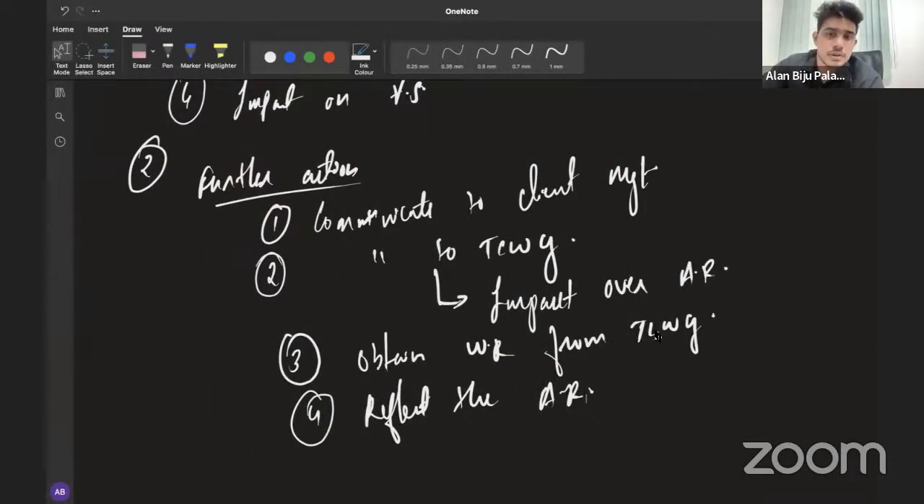Instead, you only want to mention till where you want to obtain written representation. So specifically on the basis of this answer, you will be providing further action like this. The auditor should communicate about the misstatement in relation to revenue recognition to the client's management and should request them